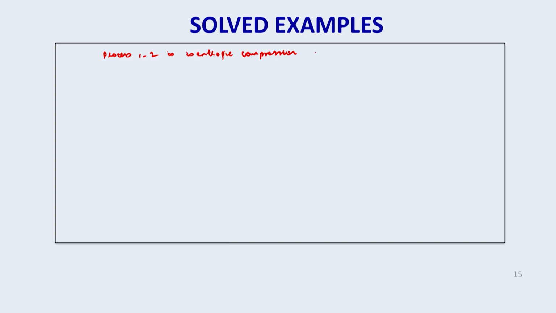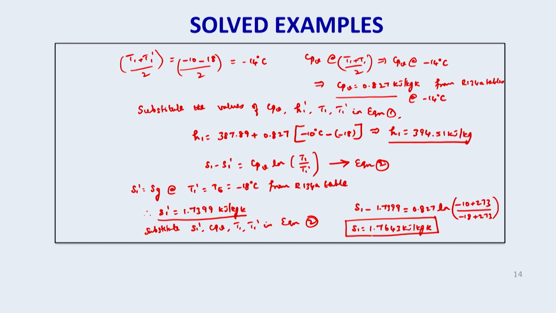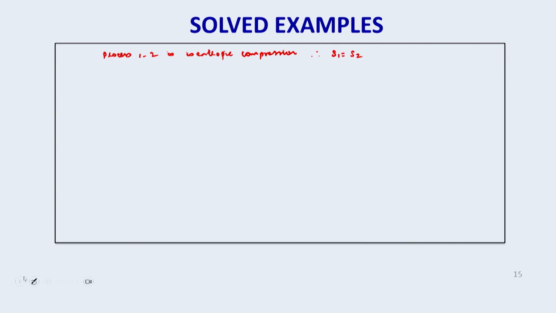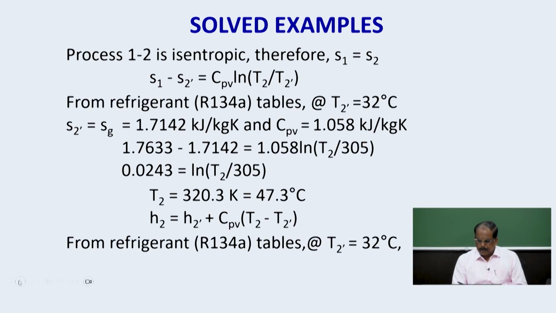Therefore, entropy at 1 is equal to entropy at 2. So just now we have found entropy at 1, which is 1.7643. So this implies S2 is equal to 1.7643 kilojoule per kg Kelvin. So S1 is equal to S2. And similarly,